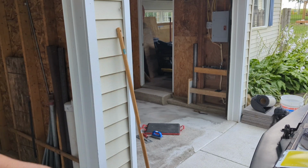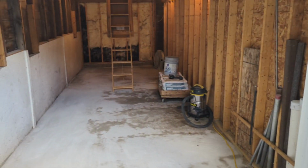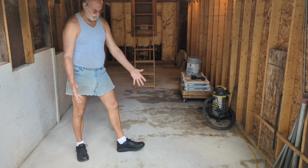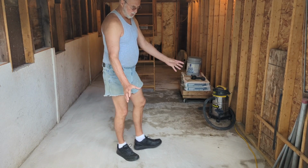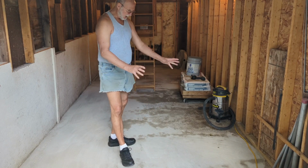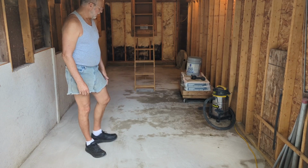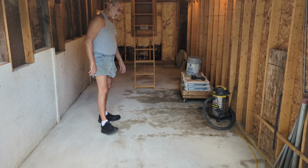But I had to grind a lot of this down, the high spots. Even on this side here, especially the front right here, about in this area, this was broken, kind of heaved up. So I got out the broken and loose concrete and re-poured those areas, got some wire in there and some bar in there. And then I've been going over this with a couple of different products